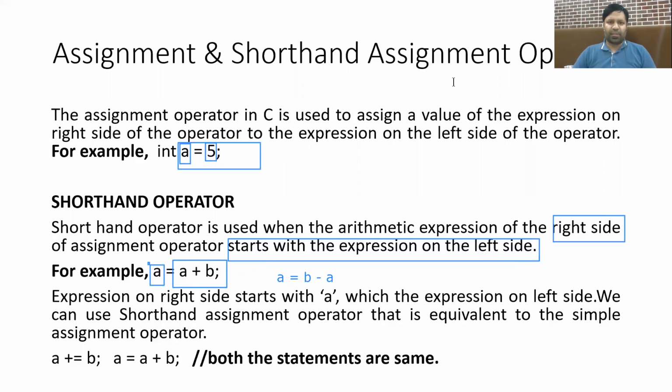So how do we use the shorthand operator? Consider the following expression currently being highlighted. Please look at the bottom of the screen. A is equal to A plus B. So using a shorthand, we can write it as A plus equals B. A is equal to A plus B can be written as A plus equals B. This helps to improve the speed at which the expression is evaluated by reducing the number of operators. So what is the advantage of using the shorthand operator? It helps to increase the speed at which the expression is evaluated.